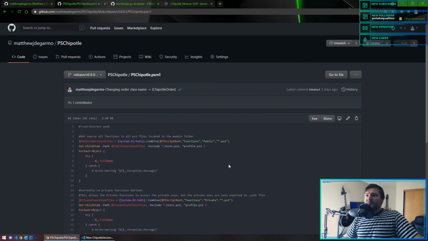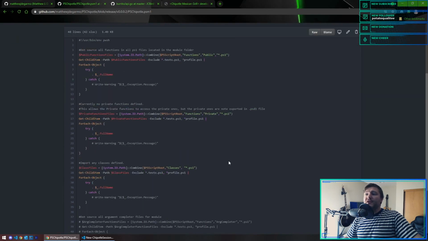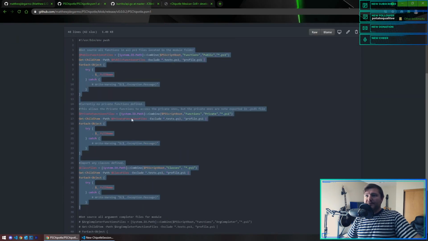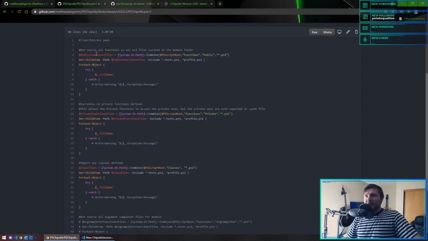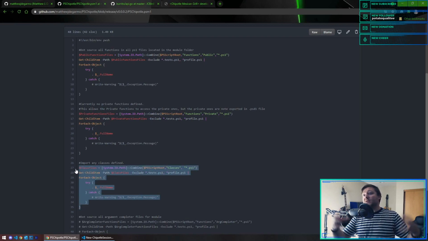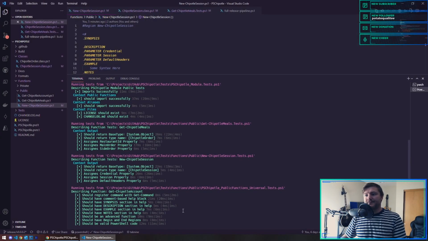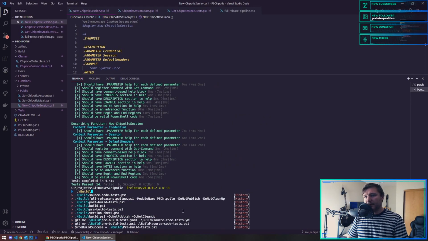Right now, the way the pre-built module works, it needs to have these loops in the module. So for all the public functions, I go and find all those PowerShell files and I load all those files. So it's importing the commands. I have a private function, so grab every file in the private functions folder and load them. And I've got classes now, so I'm loading all the classes. So this loads everything. But when I build the module, let me come here and just build,